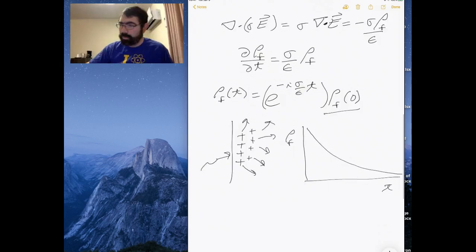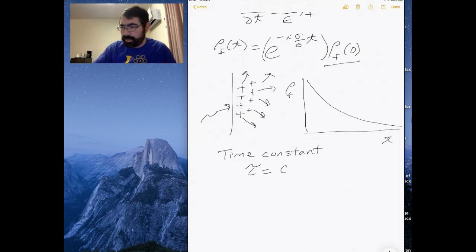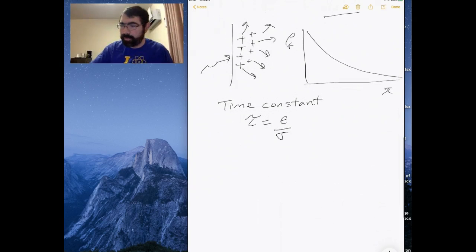Okay, so we can now quantify basically a time constant for how well a medium is conductive, and that time constant we'll call tau is just the permittivity over the conductivity. So our equation then becomes